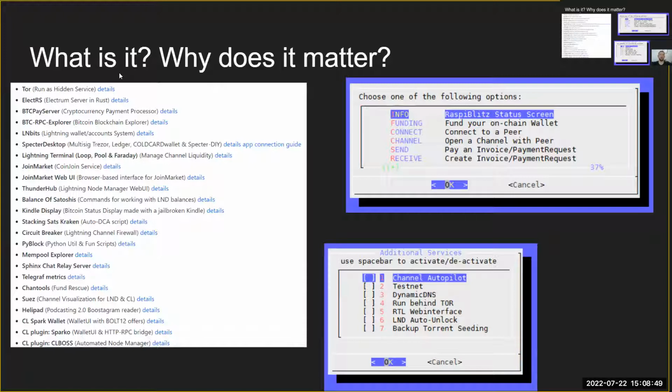Obviously, there is a full Bitcoin node. On top of that, you have Lightning Network. Previously we had only LND, but with the newest version, Raspiblitz also has C-Lightning, CLN. And there are a lot of different utilities like Electrum servers, BTC servers you can run on Tor or on the ClearNet, like Join Market, Thunder Hub, RTL, PyBlock, mempool explorers, everything that you would need as a Bitcoiner,